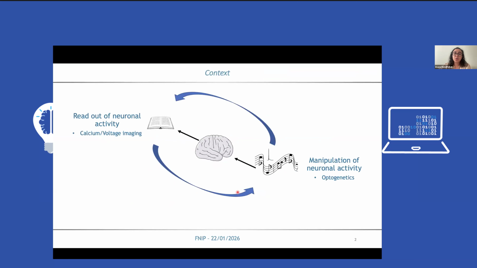Okay. So Valentina's lab focuses on developing optical tools for manipulating neuronal activity via optogenetics, by photoactivating or photoinhibiting neurons, and for reading out neuronal activity using tools such as calcium or voltage indicators. And so my role in the lab, as well as my fellow biologists, is to test these tools on biological samples to characterize their performances and to demonstrate their usefulness.